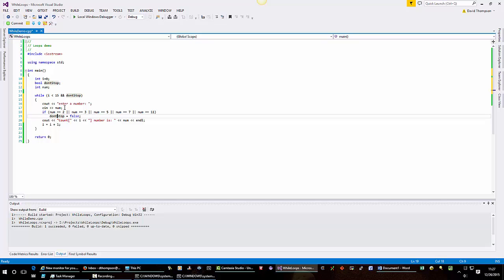And I don't want to forget my curly braces here. So I'm going to put a curly brace here. Now what this means is, if I enter one of the first 5 prime numbers, I'm going to exit the loop